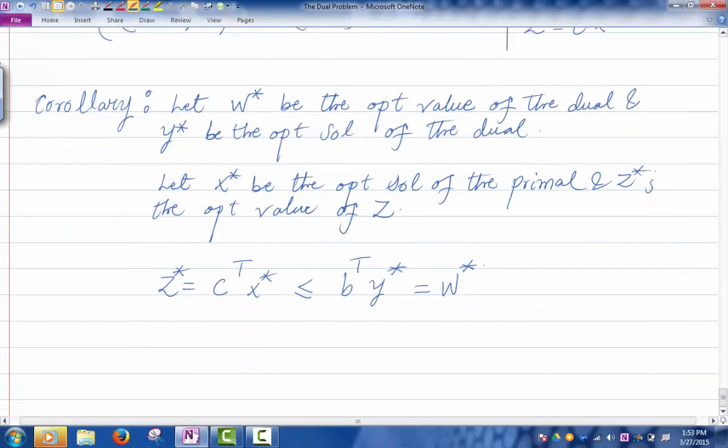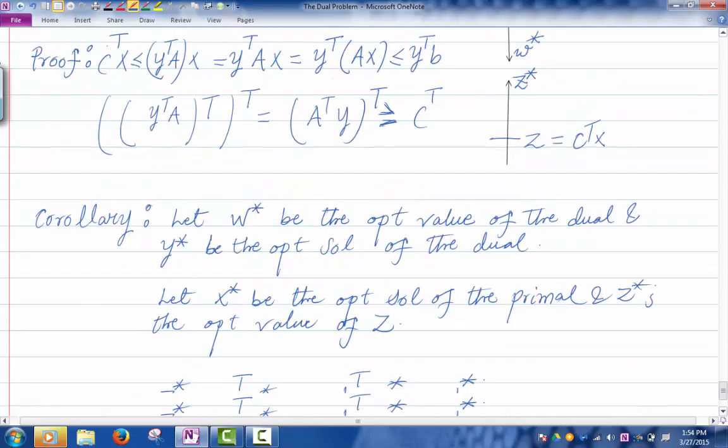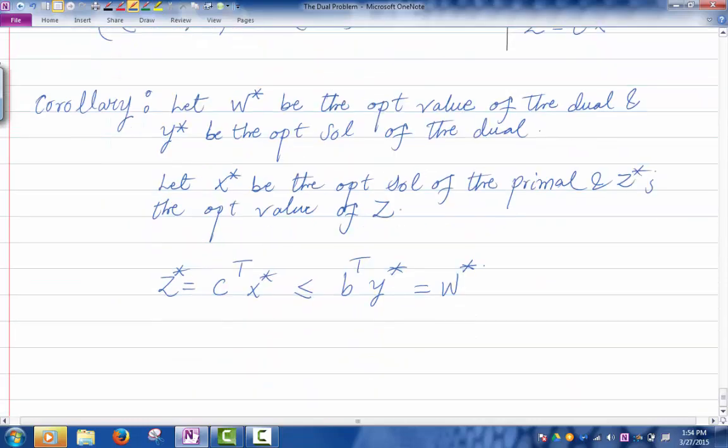So now I know that this proof works, okay? So there is no mistake here. When you take the transpose of y transpose A, that's the same as taking the product in the opposite order and taking the transpose. So you take A transpose y. It's like taking the inverse of the product. So when you take the transpose, you get that. Okay, so that's the proof of the weak duality theorem. Very easy to prove. But we are not done yet. We have to move from